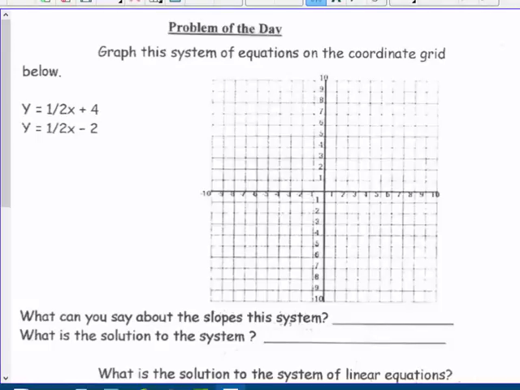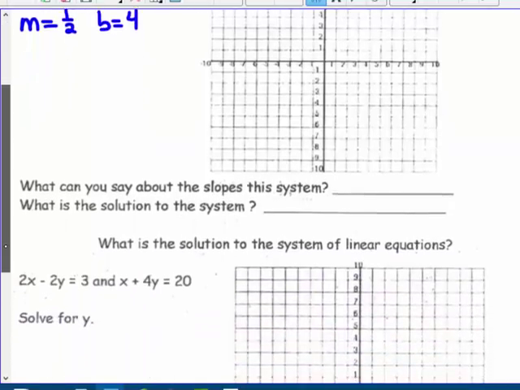Today's video starts on page 21 of your packet. It's the problem of the day question. Graph this system of equations on the coordinate grid below. I would like you to use m equals, for instance, 1/2 and b equals 4. That's the first equation. So I want you to graph using slope-intercept form and answer the questions for the first